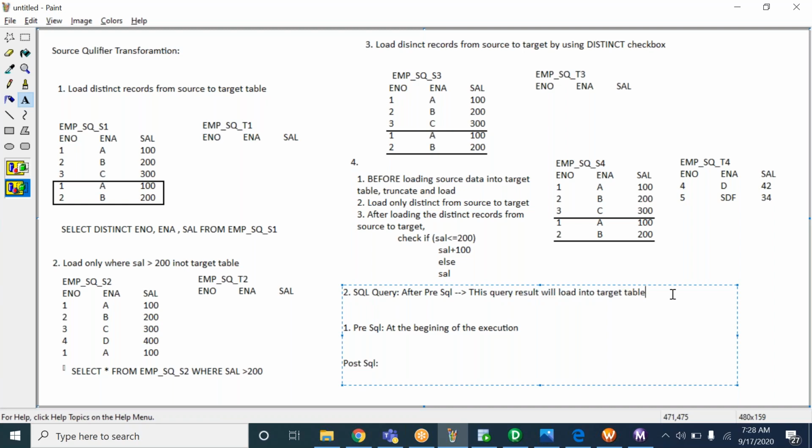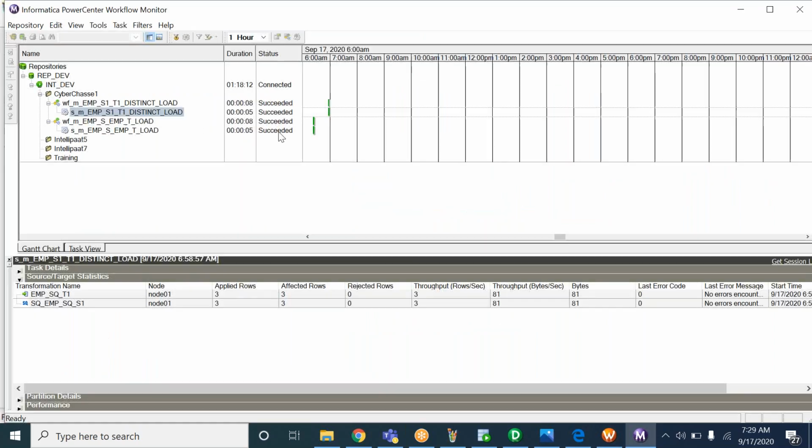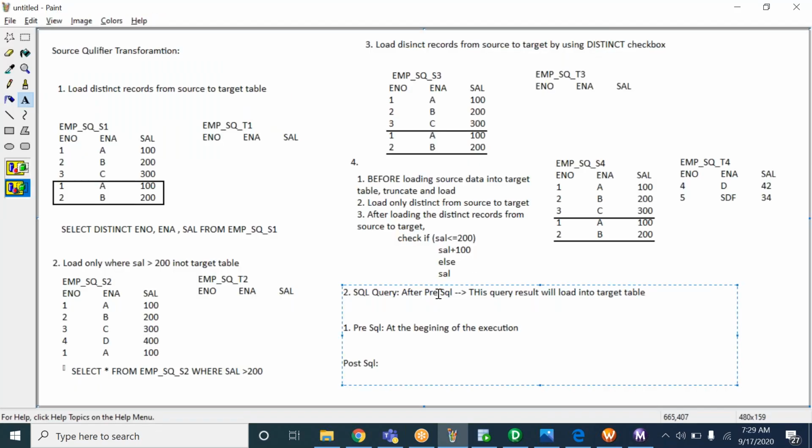After loading the data into the target table, once the data is loaded successfully from source to target table, the monitor tool will display the succeeded message, right? This happens at the end of the execution, meaning after loading all the data from source to target table, it will display the status message as succeeded. So before displaying the succeeded message, that is, at the end of the execution, the post SQL query will execute.